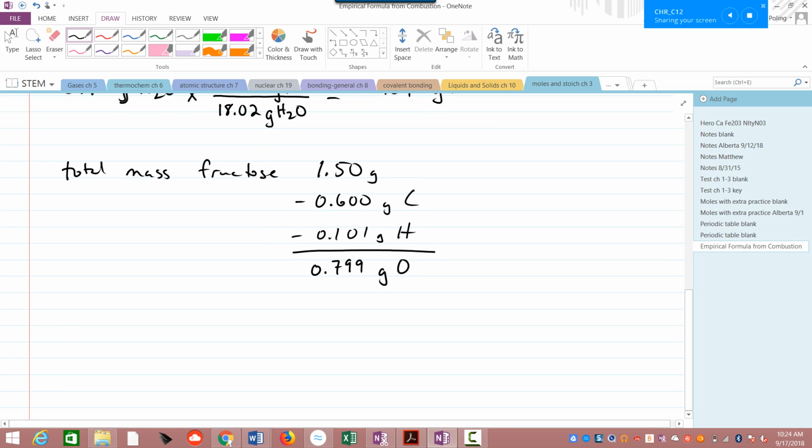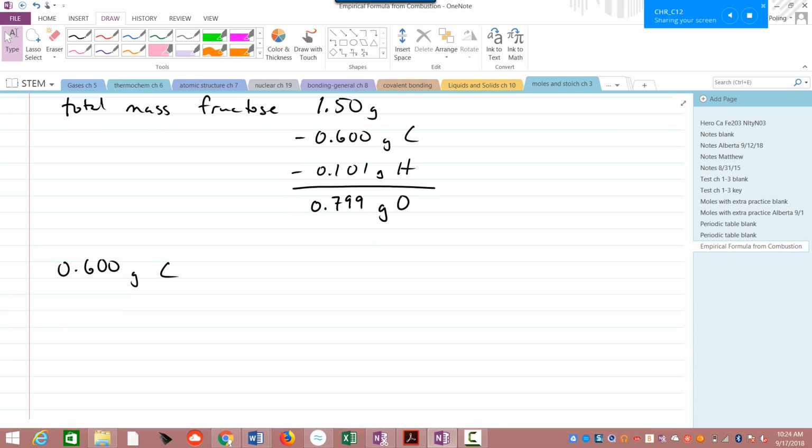And so now look what we have. We have 0.600 grams of carbon, 0.101 grams of hydrogen, 0.799 grams of oxygen,